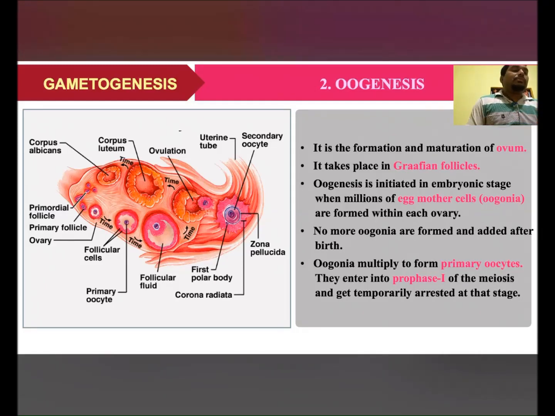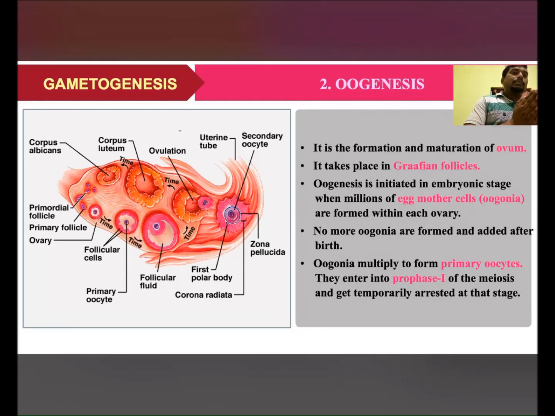Oogenesis is initiated in the embryonic stage of a girl child when millions of egg mother cells or oogonia are formed within each ovary. So during this stage, a couple of million gamete mother cells or oogonia are formed in the fetal ovary. No more oogonia are formed or added after the birth of the girl child in her ovaries. So whatever oogonia are formed before her birth, मतलब उसके बर्थ से पहले जितनी उगोनिया बने हैं उतनी ही उगोनिया रहेंगे उसके बर्थ के बाद